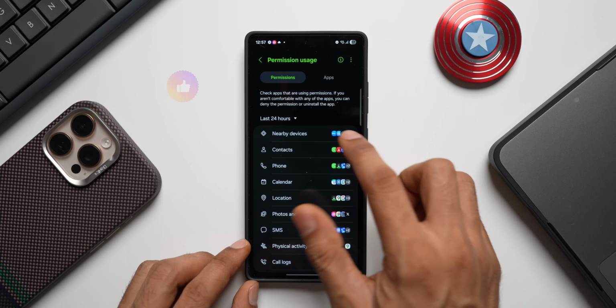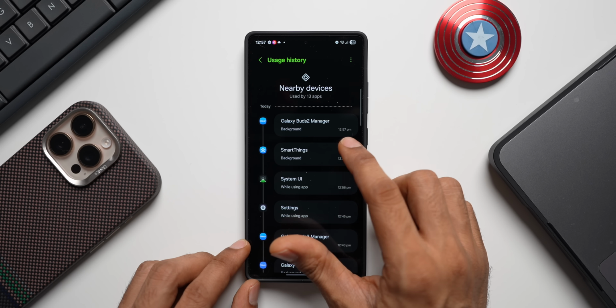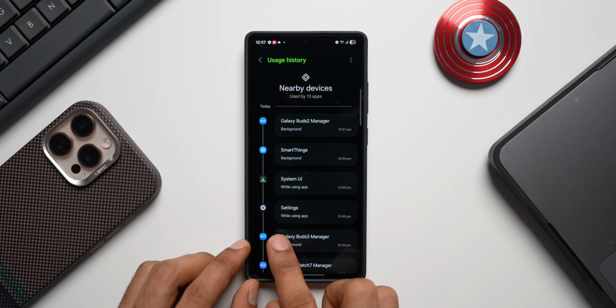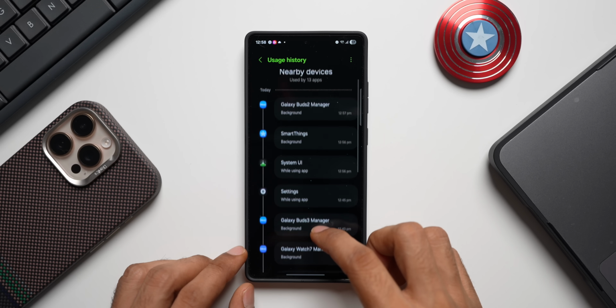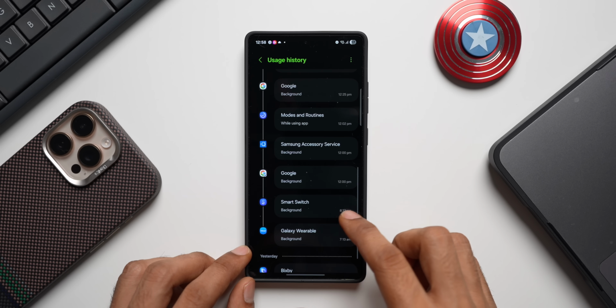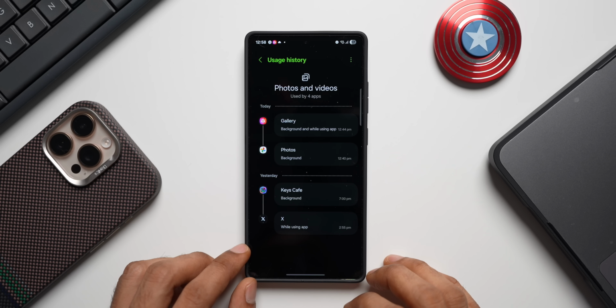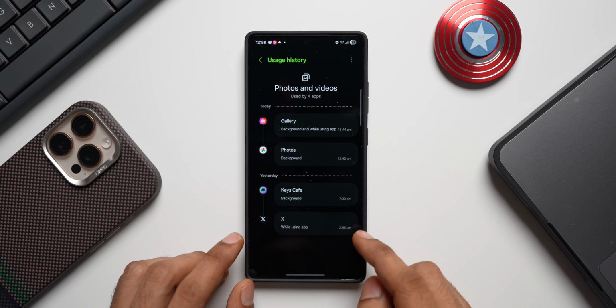Let's say for nearby devices, I will tap on this. Galaxy Buds 2 Manager has accessed the nearby devices at 12:57 p.m. SmartThings 12:56 p.m. Then we've got settings accessed by this app at 12:45 p.m. Likewise, we've got different applications which have accessed the nearby devices, which is shown right here. And let's say now photos and videos, Gallery has accessed it, Photos has accessed it, Keys Cafe and X has